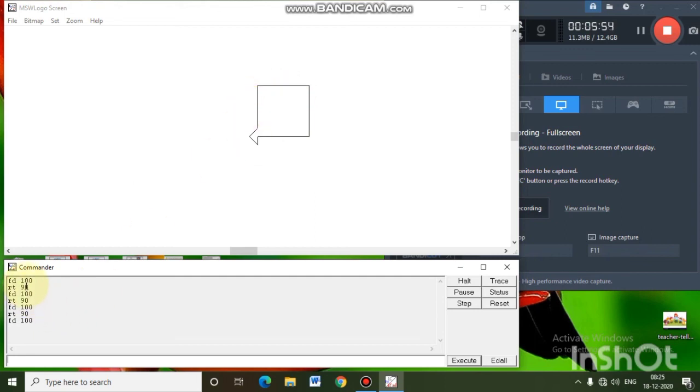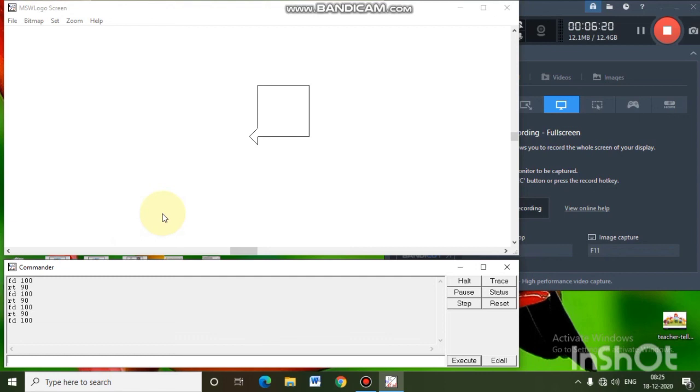That is why I chose 100 every time, and all the angles of a square are 90 degrees. That is why I was turning the turtle towards the right by 90 degrees. So in this way you can use commands for making different types of shapes in the Logo window.